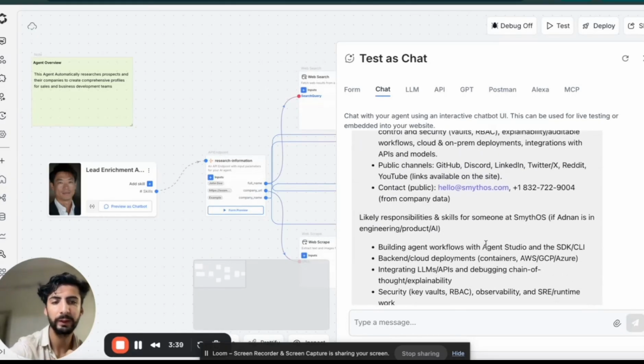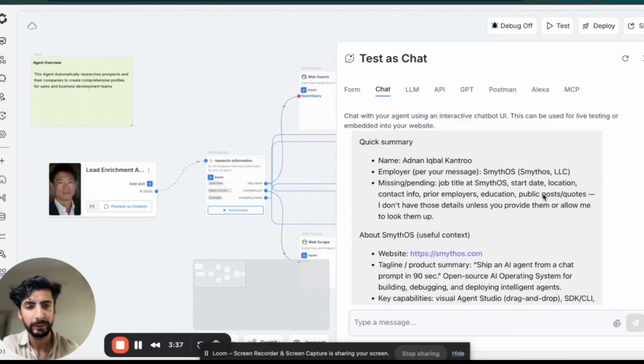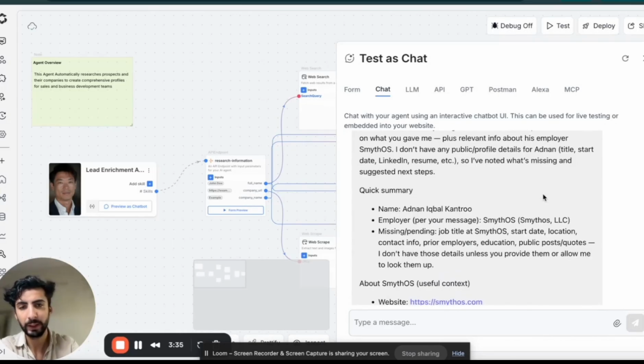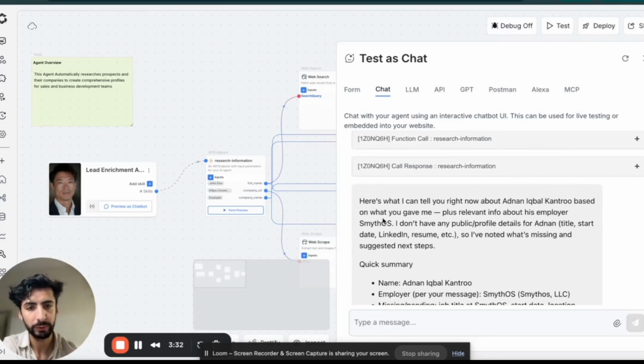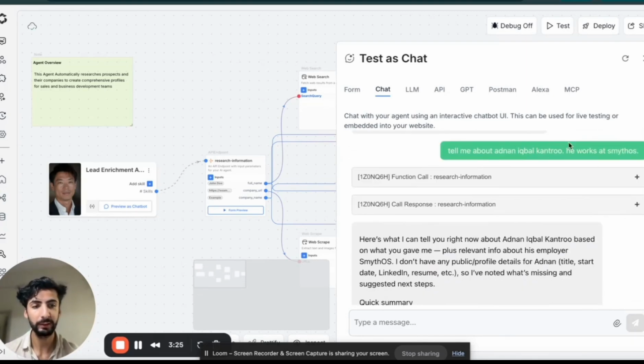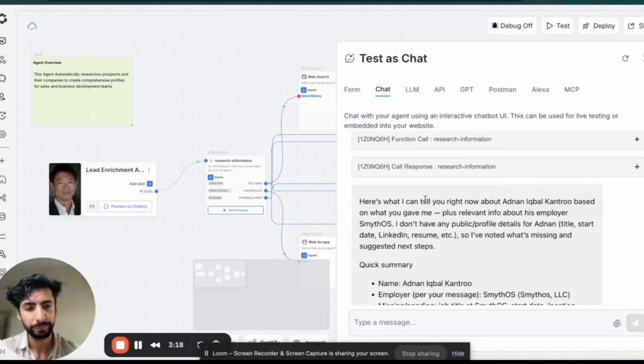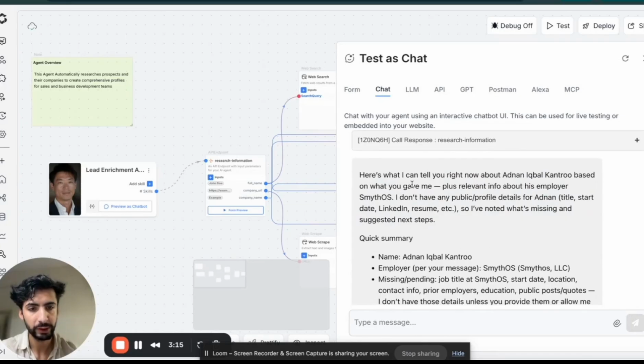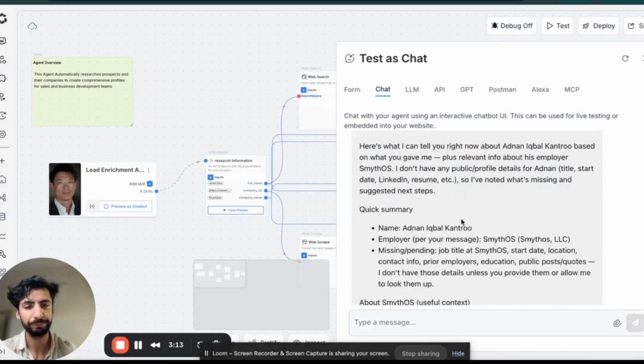Amazing. So now, as you can see, the workflow comes up with an output. Let me show you how it goes. It says that here's all that I can say about Adnan Iqbal Khan right now. So in this prompt, I didn't say any major information other than the name as well as the place where I work at. Now, on the basis of that, this agent comes up with all of the information,